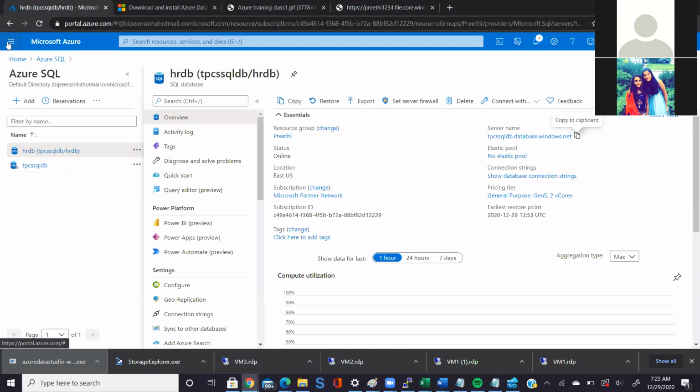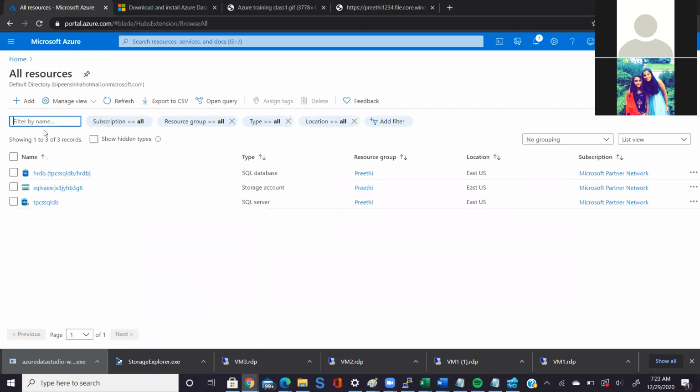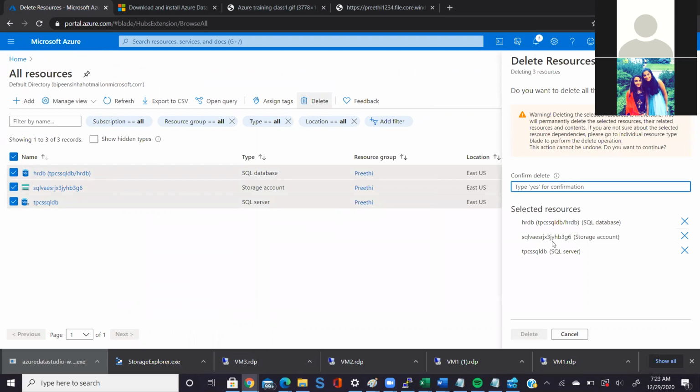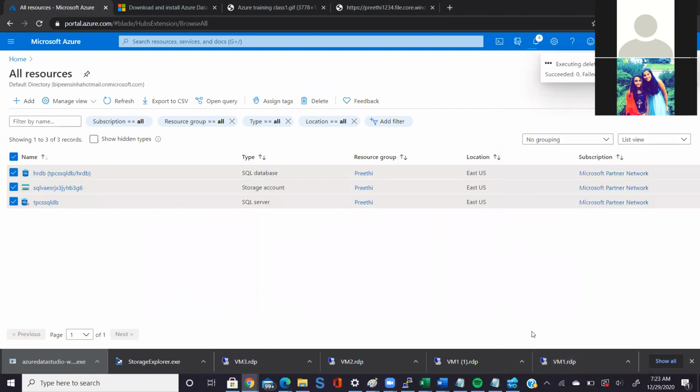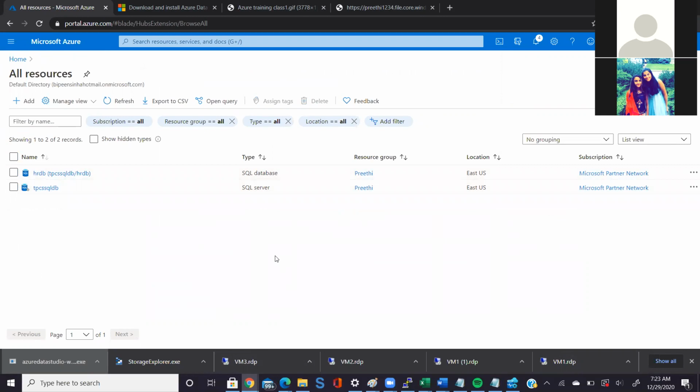So the best practice says, right click that, go to all resources, right? Then you will get all resources here, select everything, then select edit and just say yes. Just say that it by default creates a storage account. Why? Because I told you that no matter which service you are using, if it uses storage, by default it uses Azure storage. So SQL, to store your data, is also using Azure storage. Correct?